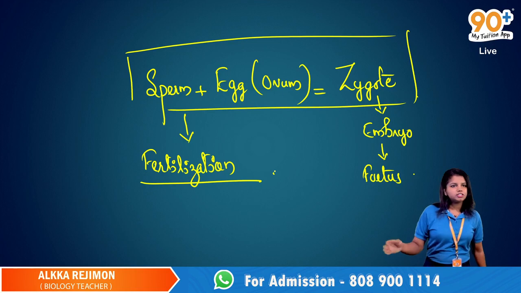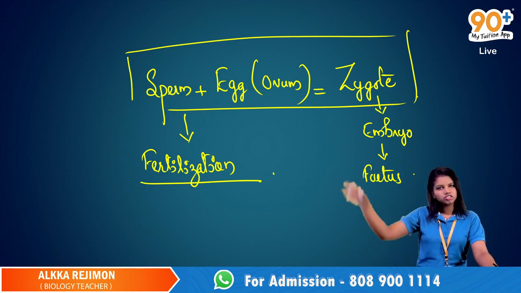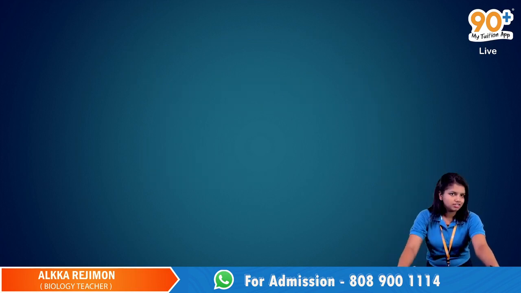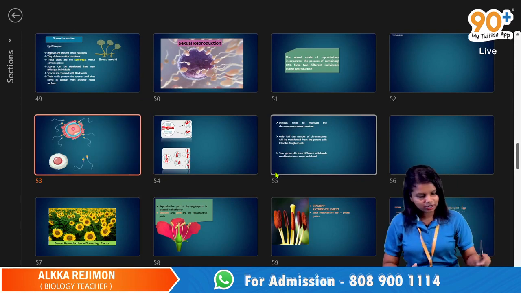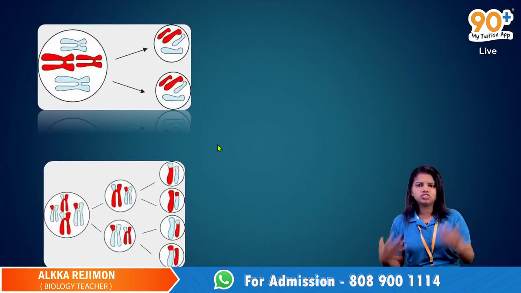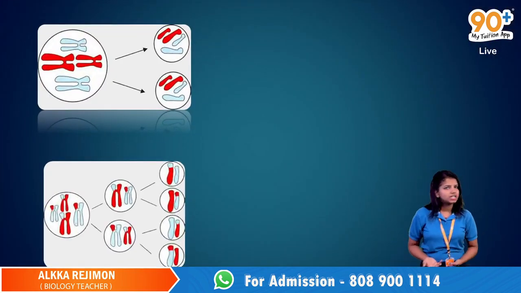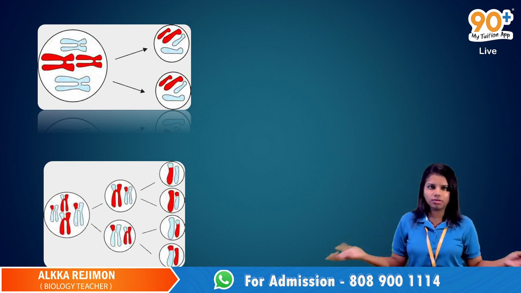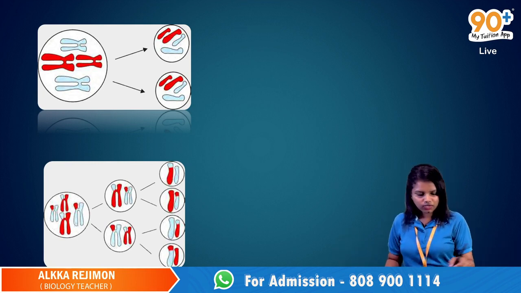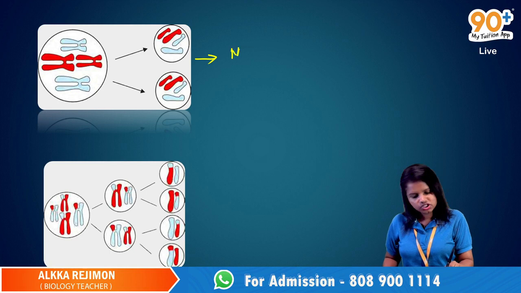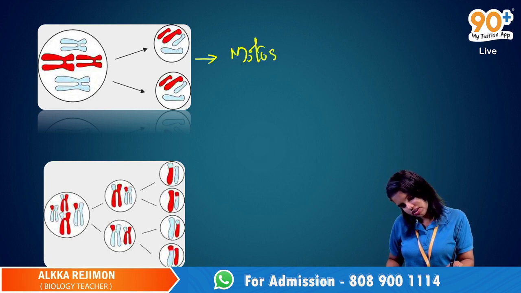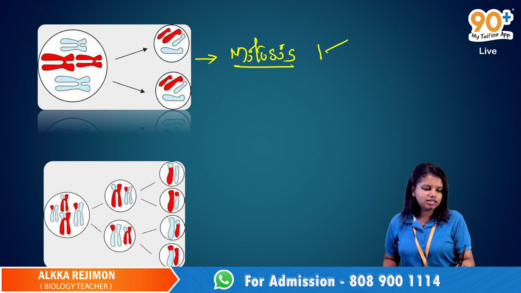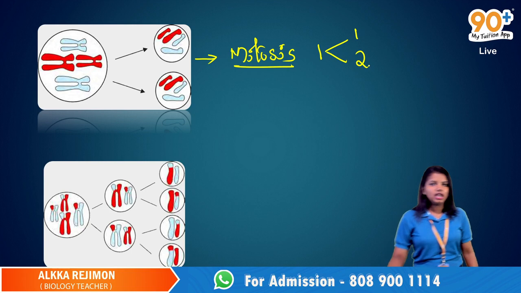So that's pretty much about sexual reproduction, the entire story in your slide. In sexual reproduction, there are two types of cell division taking place inside a normal living organism. Here you can see the first figure, which is mitosis, and mitosis is the normal cell division where one cell is getting into two daughter cells,